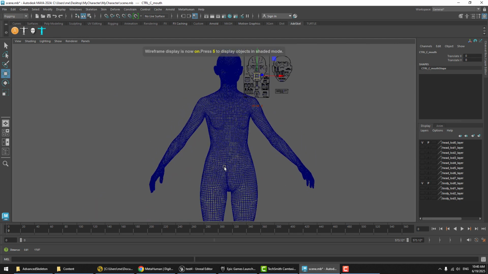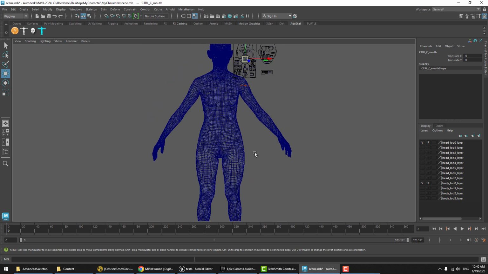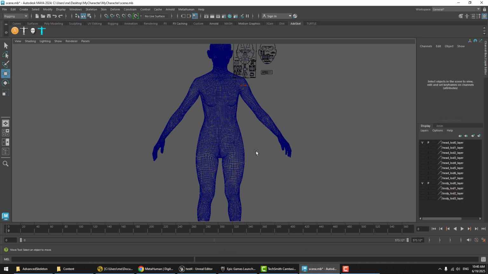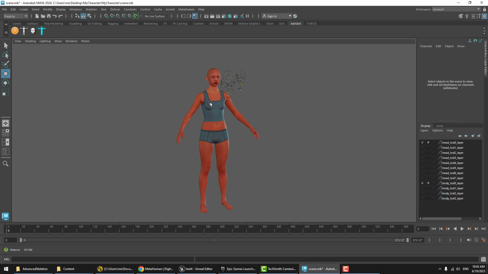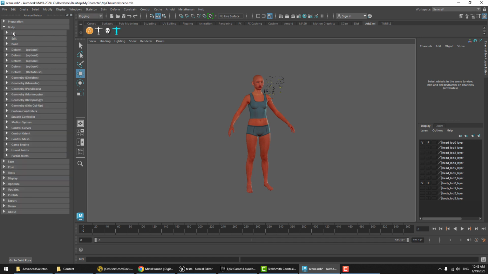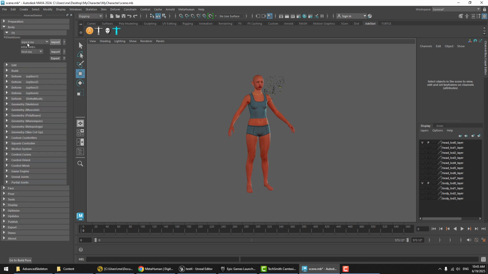Now, the body does not come with a rig, but for that, we will go ahead and use Advanced Skeleton. Now, the quickest way to give this MetaHuman a body rig is to open Advanced Skeleton and just go to Body, Fit, and Import Biped. Now, that's going to build and attach a rig automatically. Before we do so,